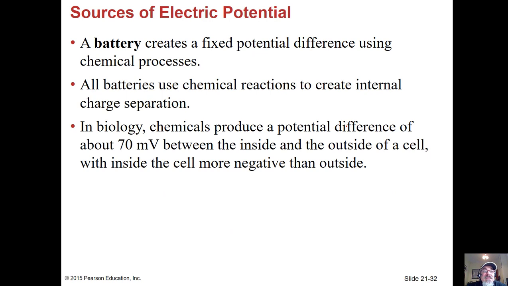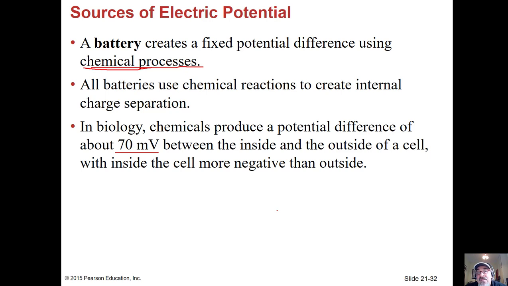Good. So a battery creates a fixed potential using chemical processes. We've seen a capacitor, you can separate charge, set up an electric field and a potential difference that way. A battery, through chemical processes, maintains a voltage across it, but eventually batteries even wear out. In biology, chemicals produce a potential difference of about 70 millivolts between the inside and outside of cells, depending